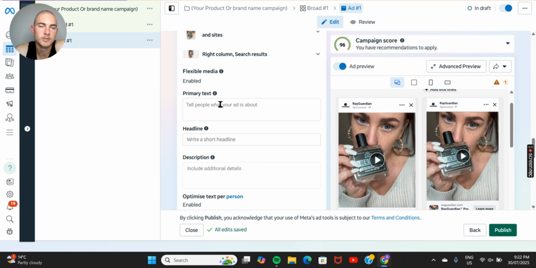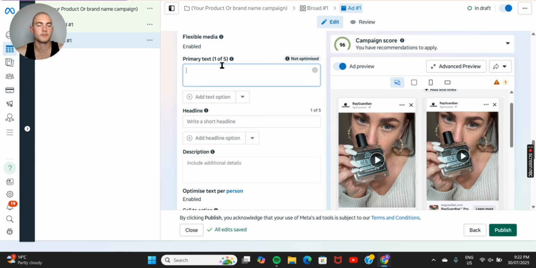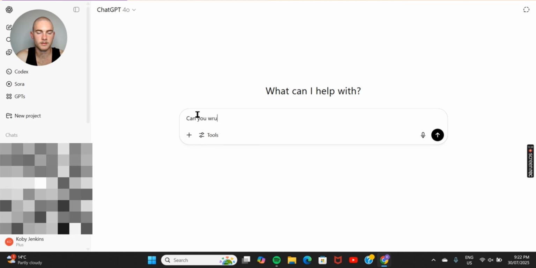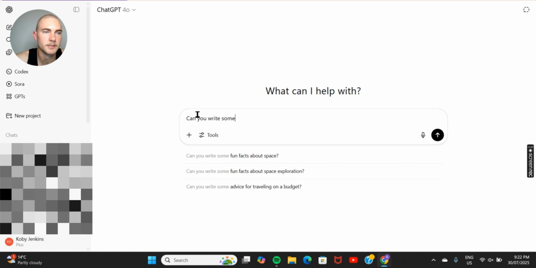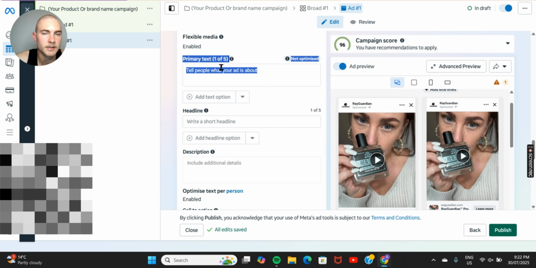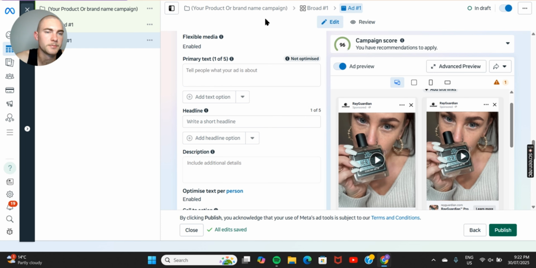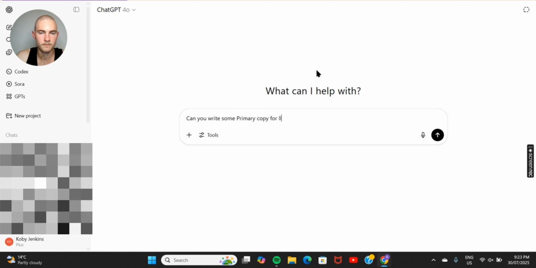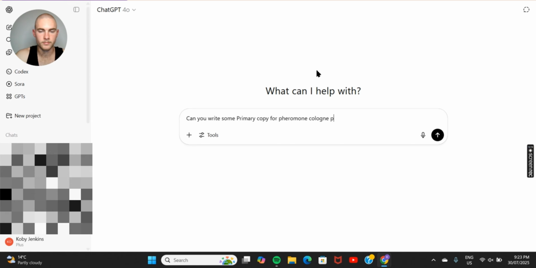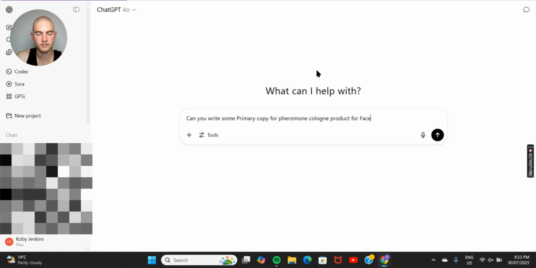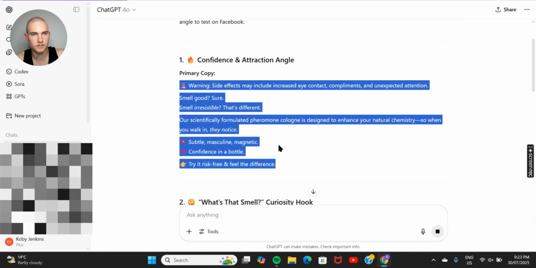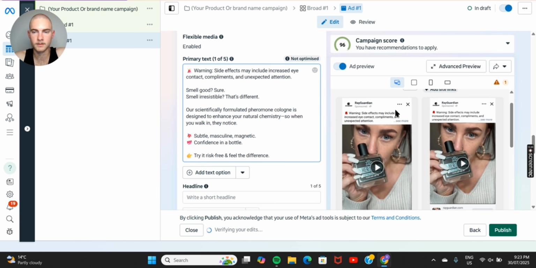All you need to do now is just edit your copy for your ad. So for the primary text, you can go into ChatGPT and basically you just want to ask ChatGPT if it can write some primary text Facebook ad copy for the specific product you're running. So I'm going to do it for some cologne, just for an example. Can you write some primary copy for pheromone cologne product for Facebook ads? Right. So you just copy and paste whatever you think is pretty good,